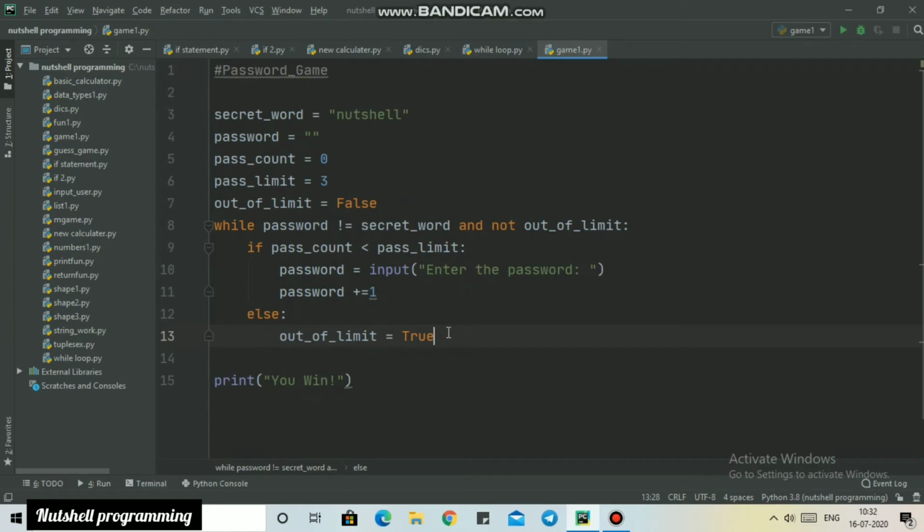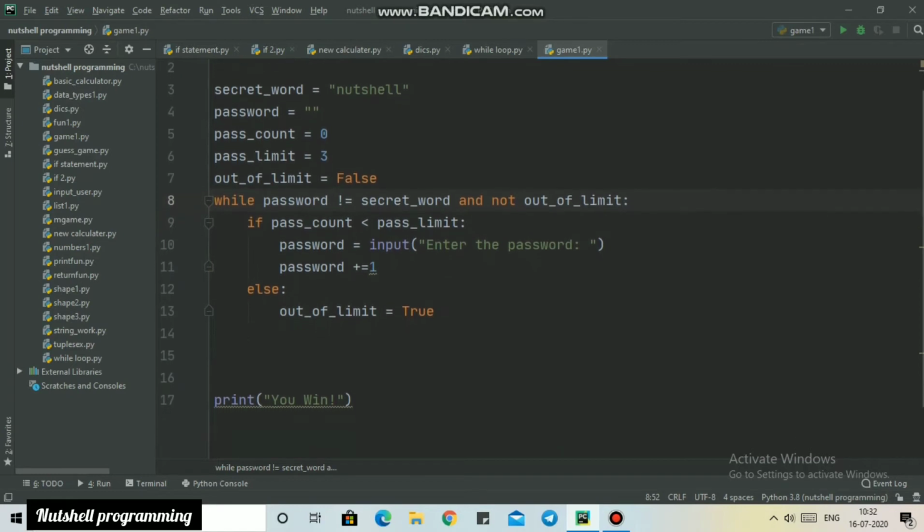So if it is all 3 times wrong, the else statement will work and out of limit is now true. I'll write another if and else statement after these two if and else statements, and these should be like this: